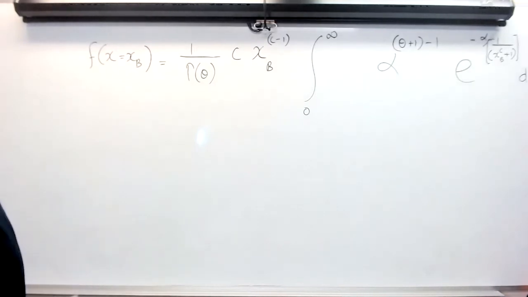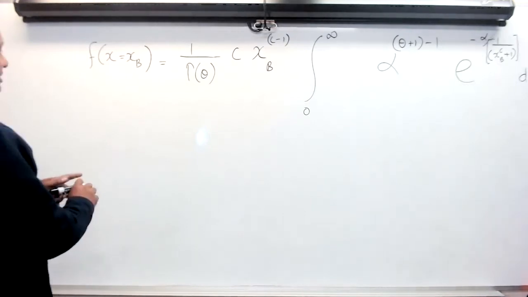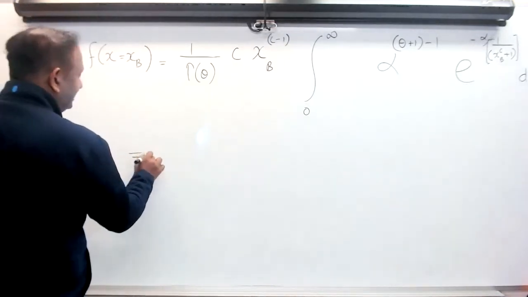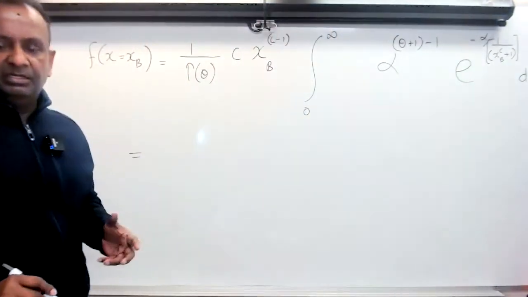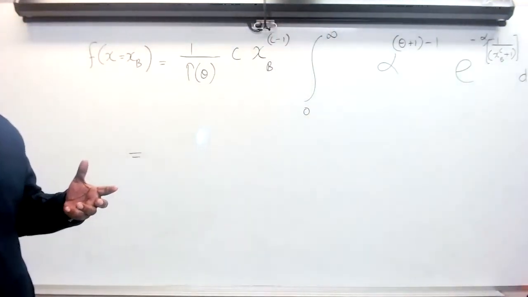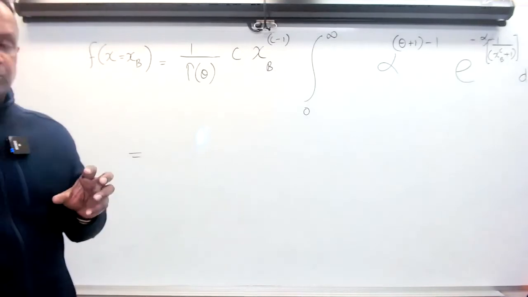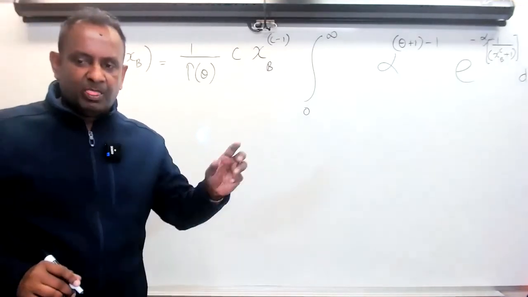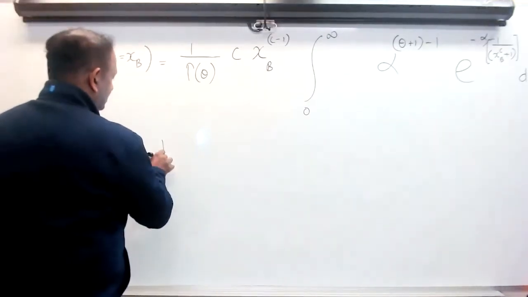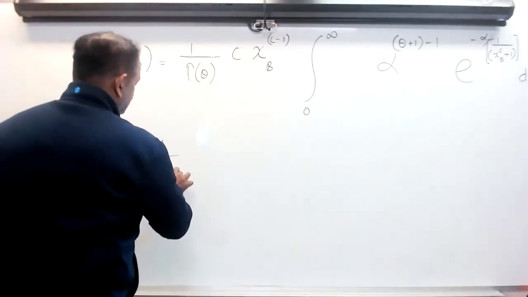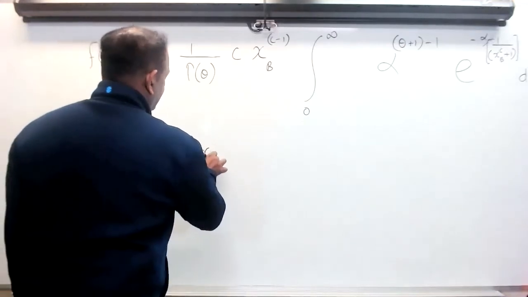When you have heavy integrals, you're going to rearrange. How? In a way that this integral becomes 1. You know the area under the whole gamma distribution is 1. But you have to make sure you put the proper parameters based on what we see there. See? 1 over gamma theta, c x beta